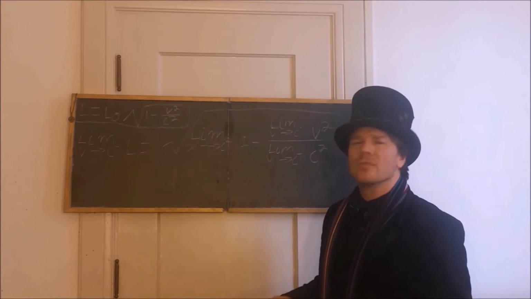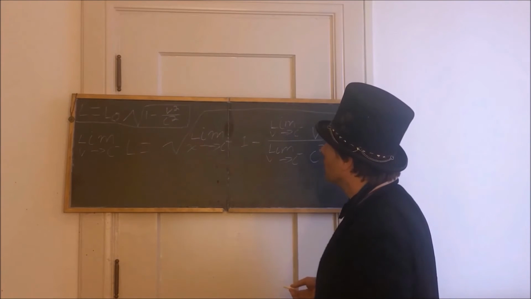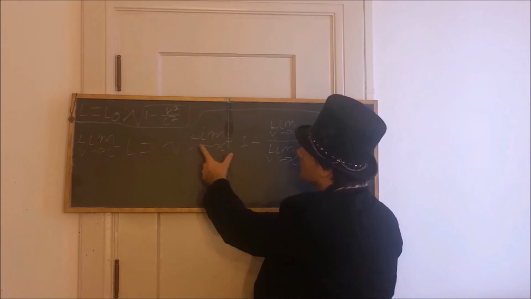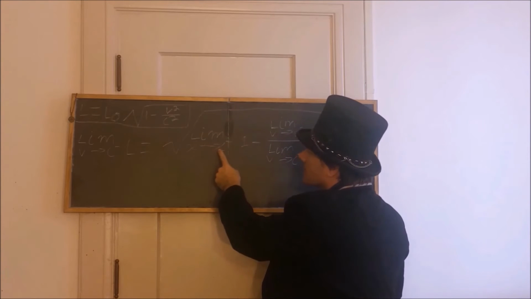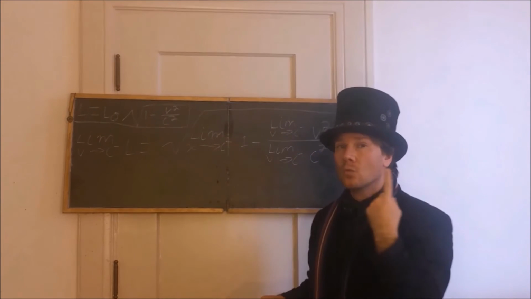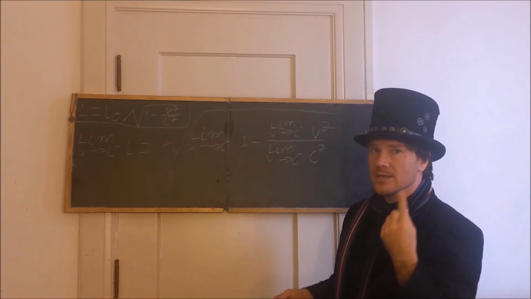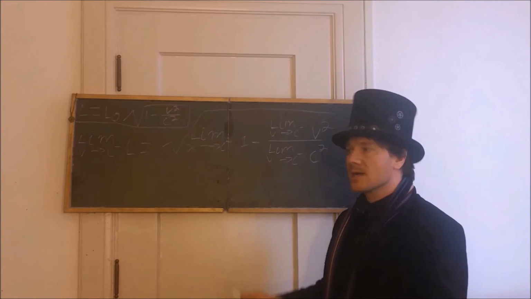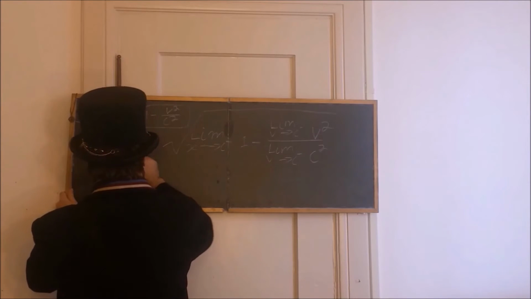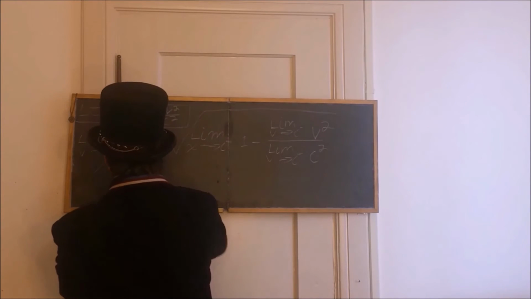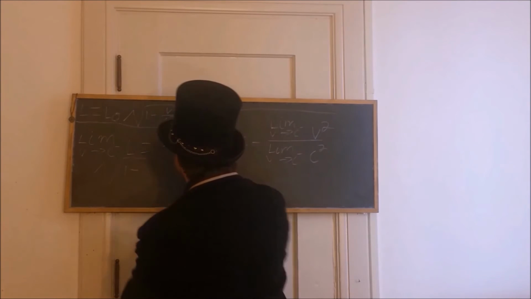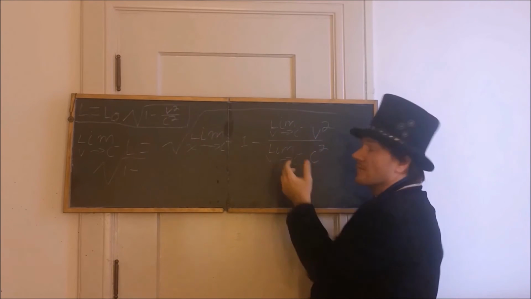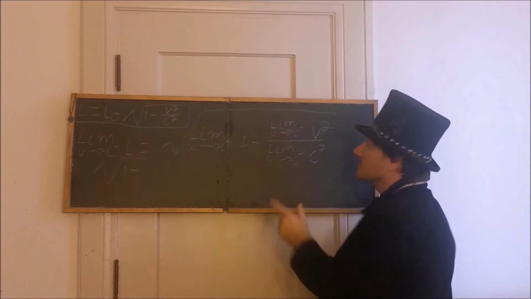For the fourth and the fifth principle, what we need to do is actually take the limits of these things. The limit of 1 as v approaches c from the left side would equal 1, because the limit of a constant is always a constant, and 1 is a constant. It never changes, so it's constantly 1. So 1. Then we have minus, and now the limit of v squared, velocity squared, as v approaches c from the left side